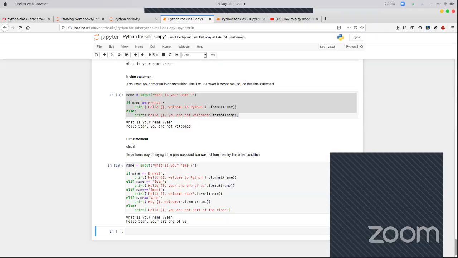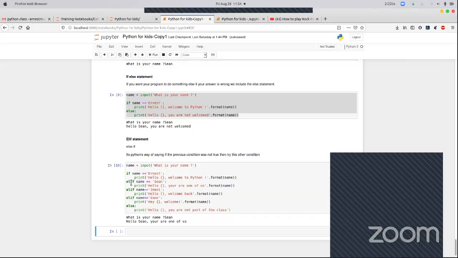And so we'll try to evaluate if Sean is equal to Ernest. But in this case, Sean is not equal to Ernest. So the result of this condition is going to be false. And so when the condition is false, we are going to jump on to the next line. We are going to skip the print portion here,